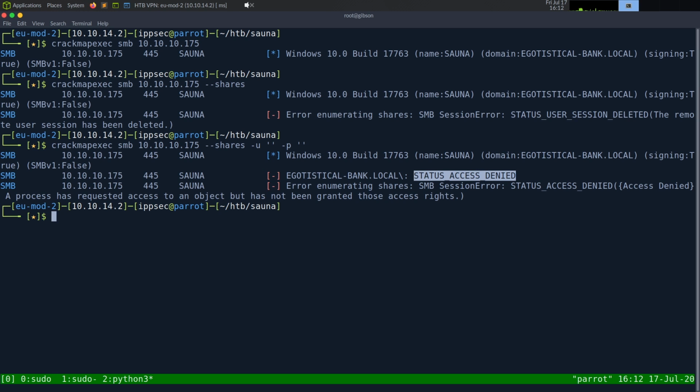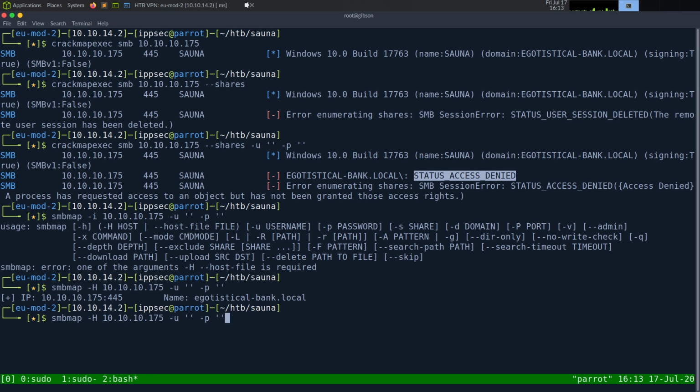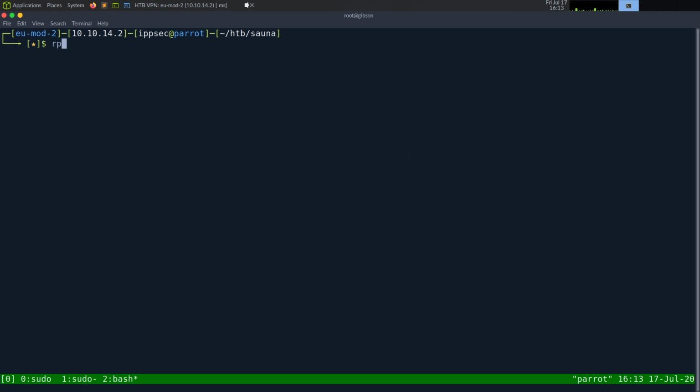We could try other tools like SMBMap. I think it's -H 10.10.10.175 -u -p. Run this. And we don't really get anything. So could go and try a bunch of SMB tools, but if CrackMapExec and SMBMap don't get anything, generally move on. We can try RPCClient